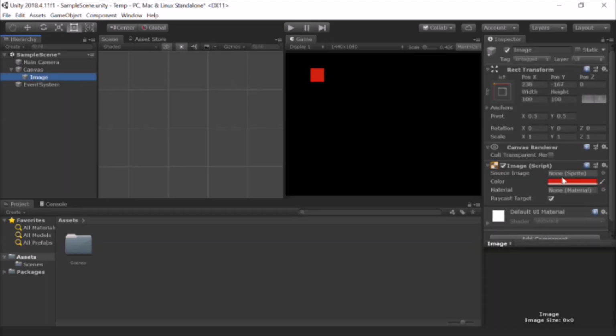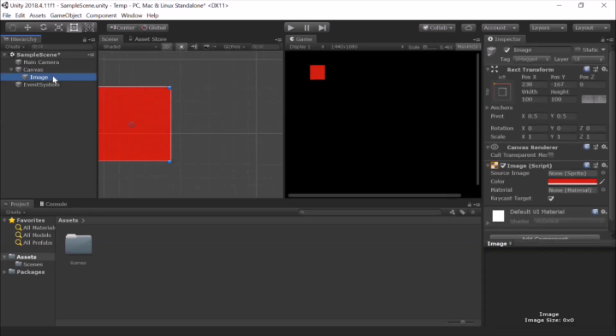Okay, so this image, consider it like a text box for the text to be written. It's like a frame, like a photo frame for a photo.